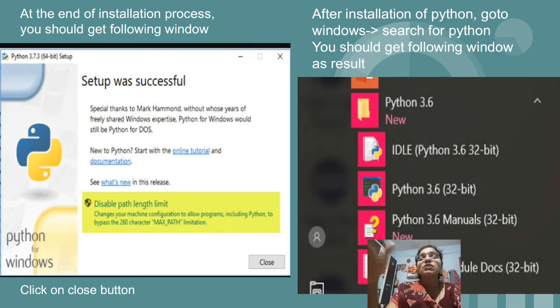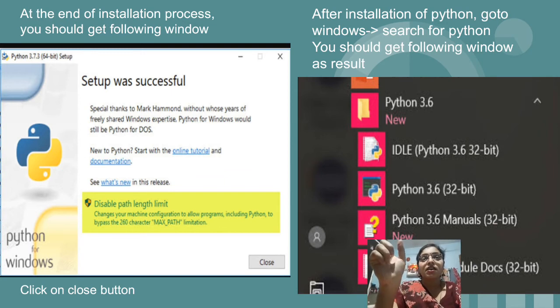Once you have installed the software on your system, go to the Windows start menu, where we perform the searching. In that, search for your software, whether it is Python 2.7 or 3.6 or 3.4. I have shown a screenshot that I downloaded from the internet, because I do not have a PC at my place. The thing I want to show is that once you install the software, a folder for that software will be created in the start menu.